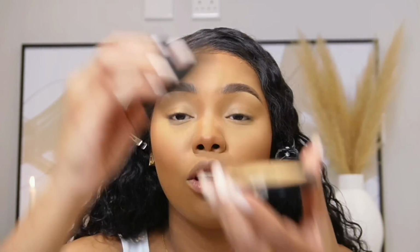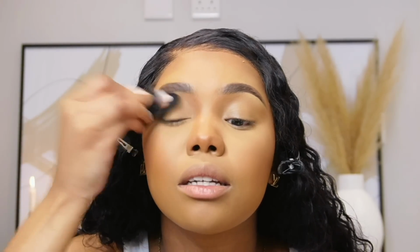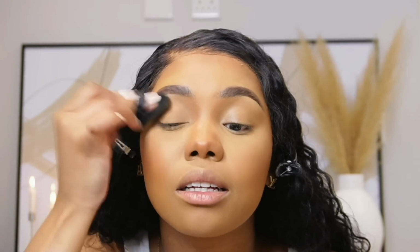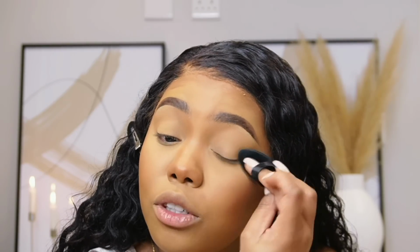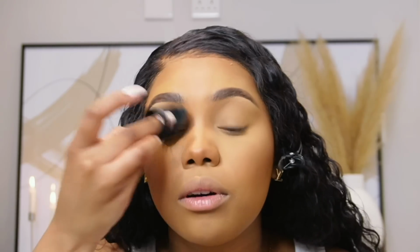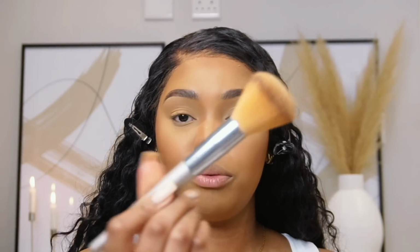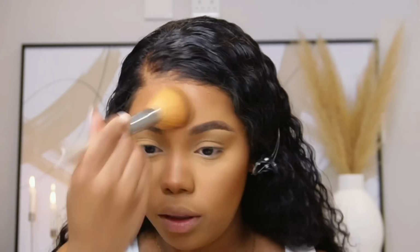Take my powder puff, go into the pressed powder and set my whole eye. This also creates a great base if you're gonna do eyeshadow, but even if you don't, you just look clean and neat and seamless, if that's what I'm looking for. Perfect. And while we're there, I'm then gonna go in with this brush, also from Shein, and set the rest of my face. I don't use much, but just enough so that all the liquids on my face